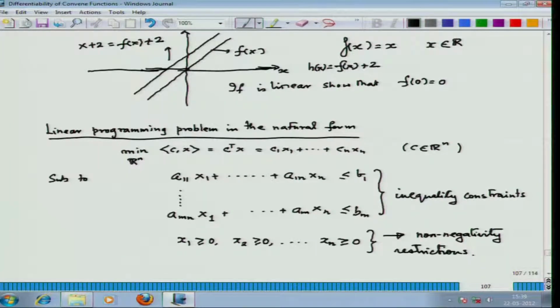Now, there is an important thing. I can write this in a much more compact way. Suppose I consider a matrix whose first row is A11, A12 dot dot dot A1n, and mth row is Am1 dot dot dot Amn. Then they form a matrix, and this can be expressed as a matrix multiplication. So, I can write them in a much more compact form. So, I can write this as minimize